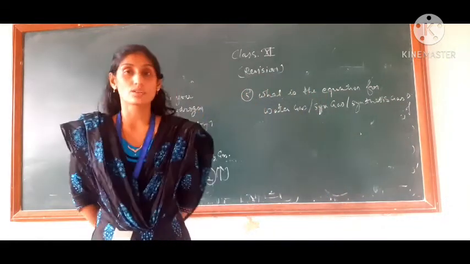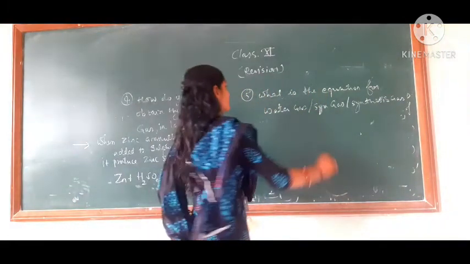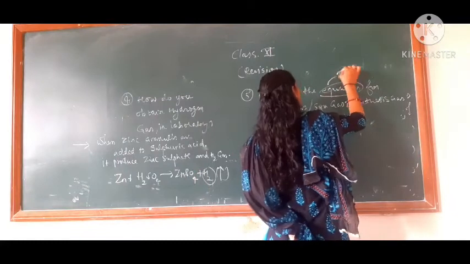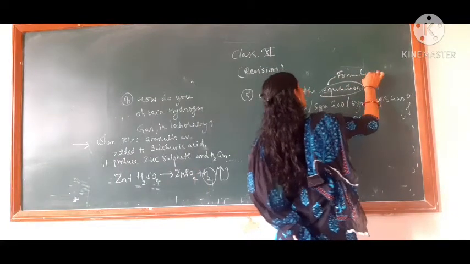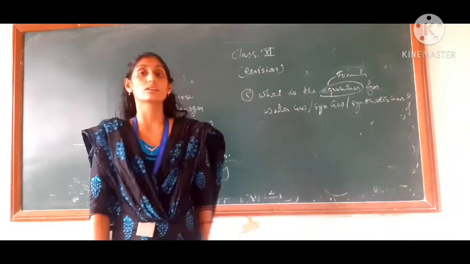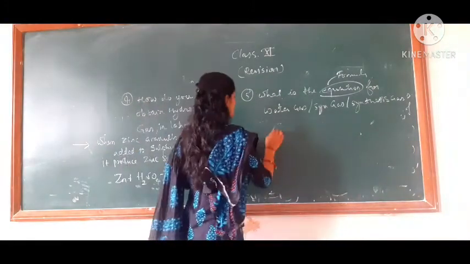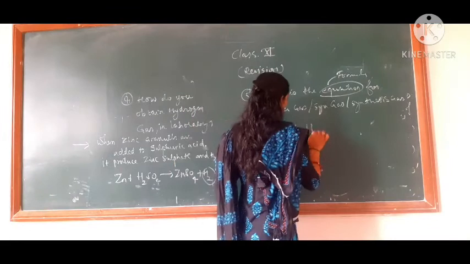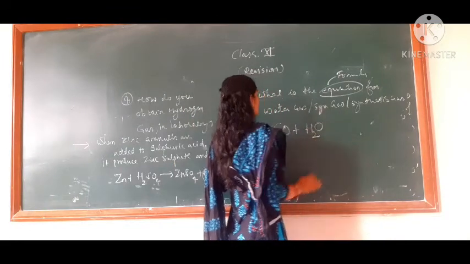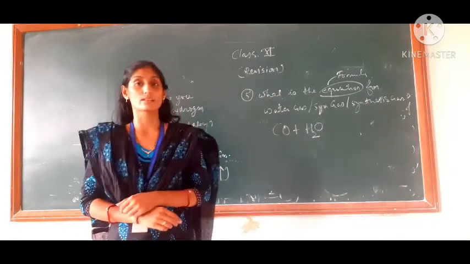What is the equation or what is the formula? चलो यहाँ पे formula लिखेंगे हम instead of equation अगर formula आता है तो. So when we talked about the formula for water gas, it is a combination of carbon monoxide along with hydrogen gas along with water. So that is known as water gas equation.